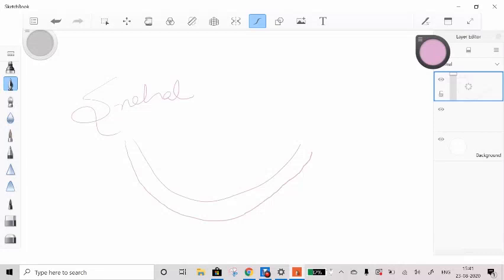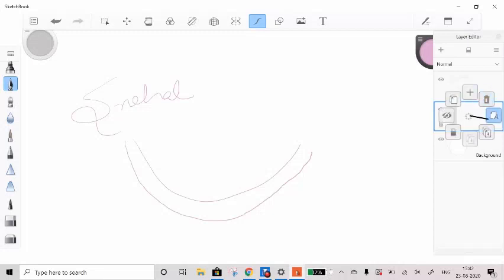Over here we can see that there are two different layers. If we long press on any of the layers, there will be multiple options. We can delete it, we can rename the layer, we can merge all the layers, we can merge two layers, we can lock the layer, we can hide the layer, and then we can duplicate the layer. Right now I will be keeping it as it is, and you can just move your layer up or down by long pressing it and moving it up or down. Right now I don't want this below layer to be seen, so I'll just hide the layer so you can just see the second layer right now.